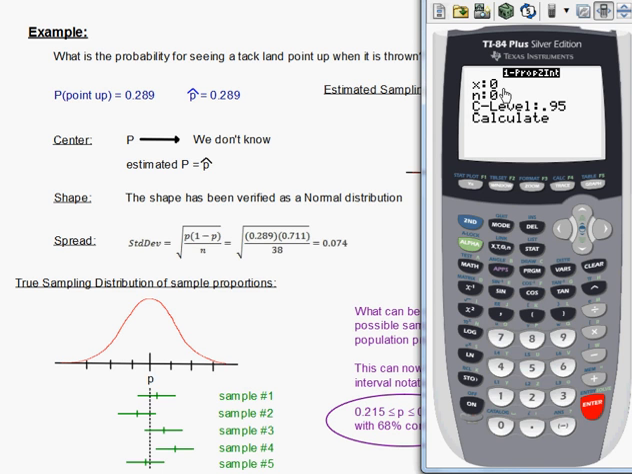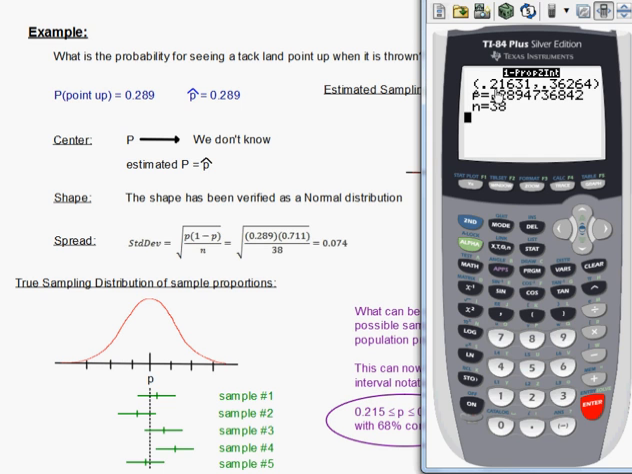Now, what the calculator is going to be looking for are counts. So how many successes? Well, how many times did the attacks land point up? That was 11 times. N is the total number of tosses, which is 38. We have confidence level, which in this case is 68 or 0.68. And we ask it to calculate. And you can see it gives us